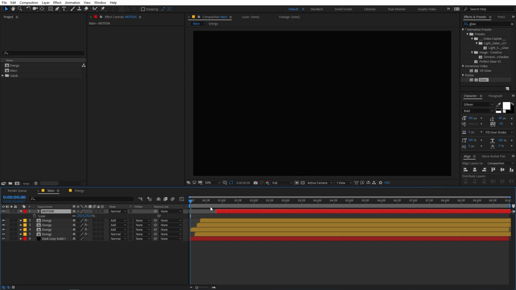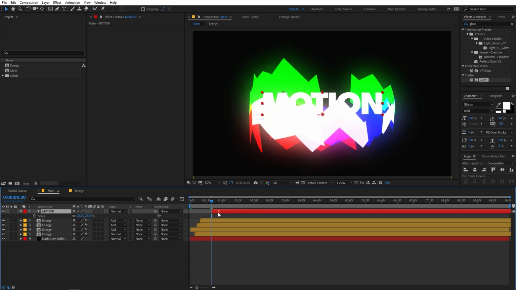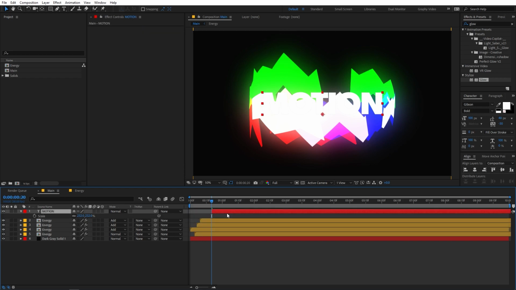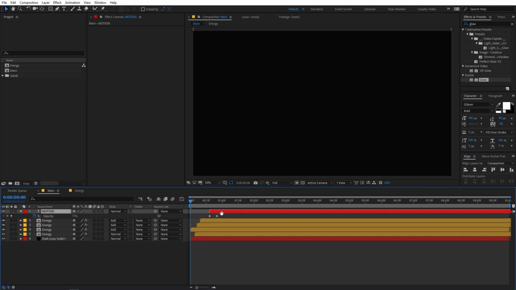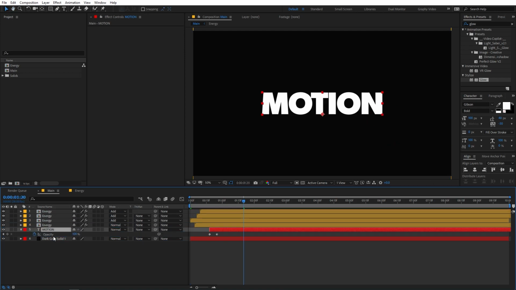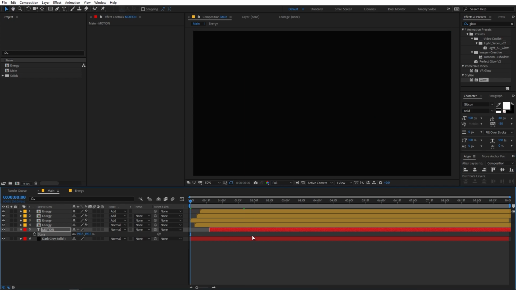Now let's change its position and see where it looks good. So I think, yeah, somewhere around here we can make our text appear. You can probably select all these layers and just change their position according to your text. And let me just press T for opacity, and in the beginning I can just set this to 0, something like this. So let's place it below all of these layers and we can probably scale it down, something like this. So yeah, now you can see that we have a really nice energy text reveal.